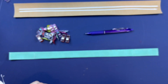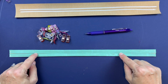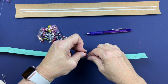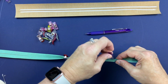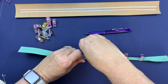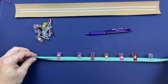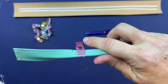And now we are ready to go ahead and fold this in half. So with the back side up, that's the part where you folded it in, we're just going to fold this in half to meet here in the center, and I'm going to clip it in place. I'm going to clip it all the way down to where that mark is, which will also be to where your stitch line is. So your stitch line is a real easy way to make sure you have it lined up correctly as well. Okay, so it's going to look something like that. And as you can see here, the stitch line